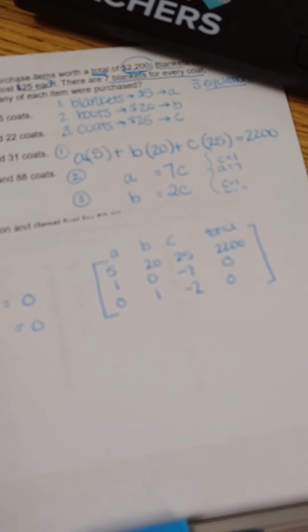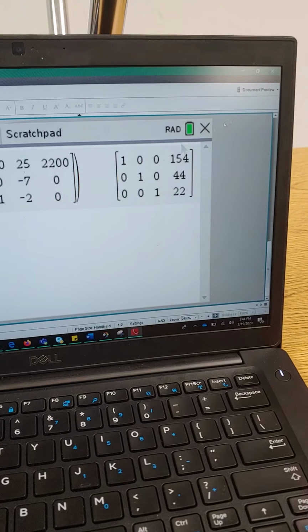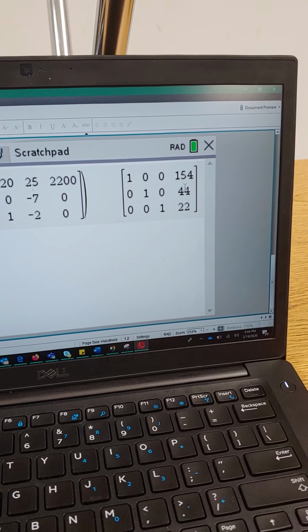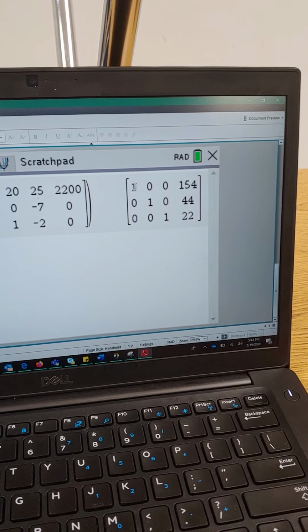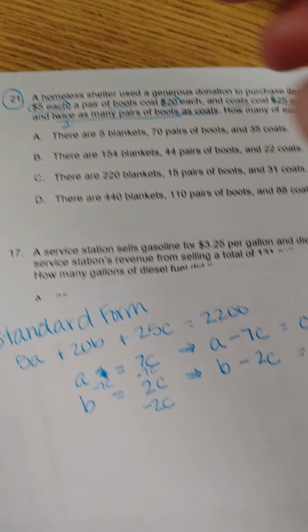So notice that I just typed my matrix into the calculator, I push enter, and my answers are on the side. My top one is my A value, so A was my number of blankets, so I'm looking for a number of blankets that is 154. I notice that the only answer choice is